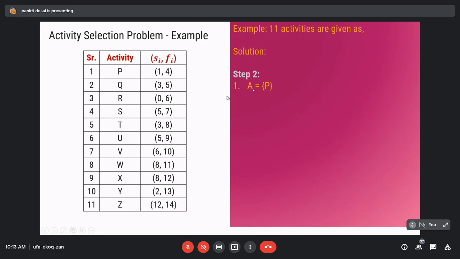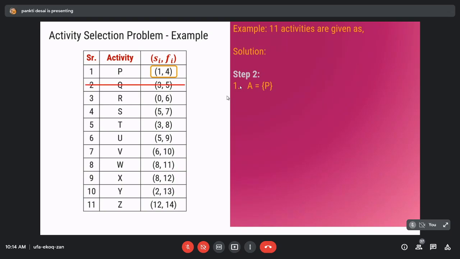First, this A is the solution set. So first we put our first activity into solution set A. Then the next activity we have to select in such a way that the current activity is compatible with each activity in the solution set.